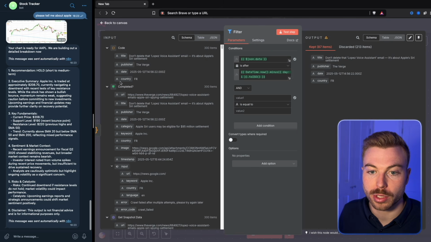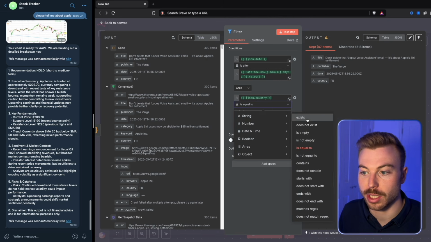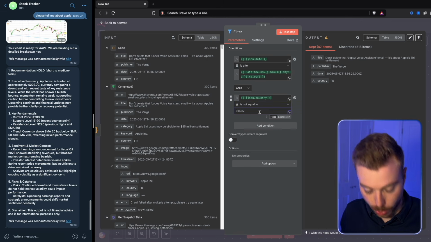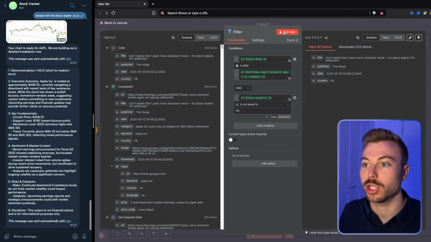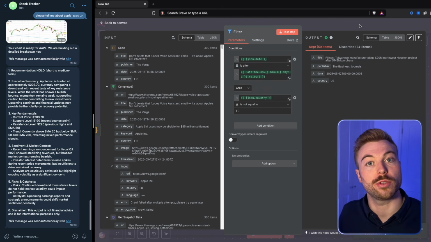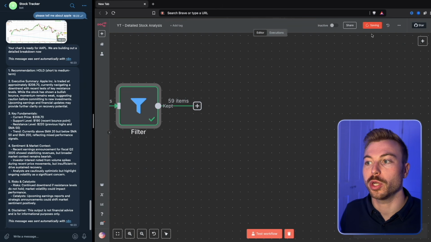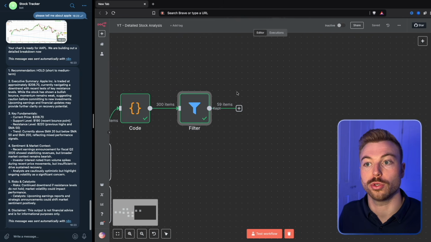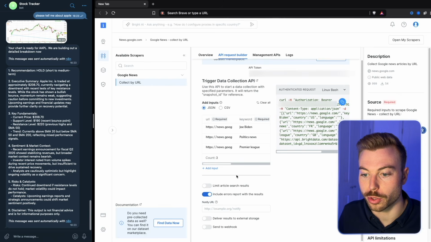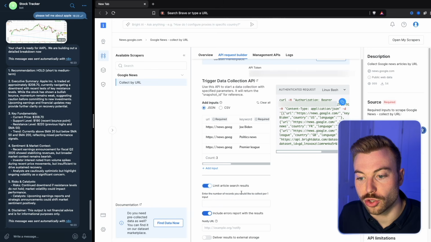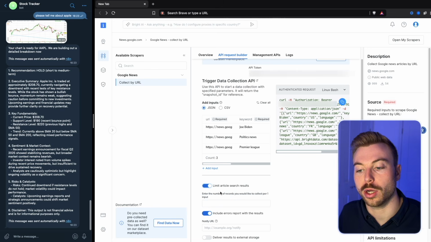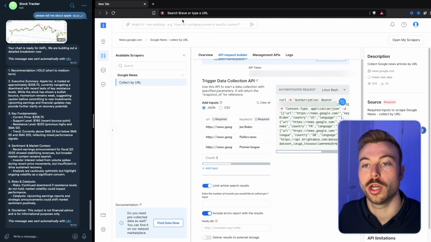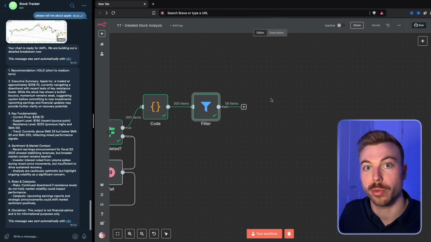And perhaps what we'll say is the country. We'll say, in this case, it's nice and easy, it's not equal to FR. So any of the information that's coming to France. So we can see that we've got 59 items there. So if you're using this quite often, that's a much more manageable number to be able to go through and do it. And that's where if we come back across to Bright Data, it's also key just to keep an eye on this limited number of articles reused or researched so that we're not putting back too much information when we're doing our